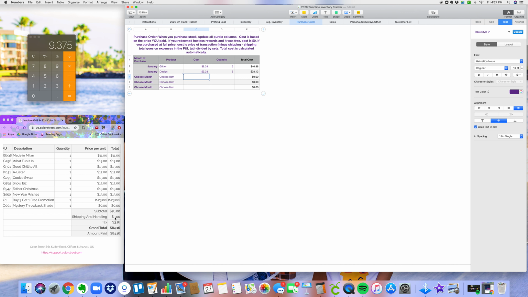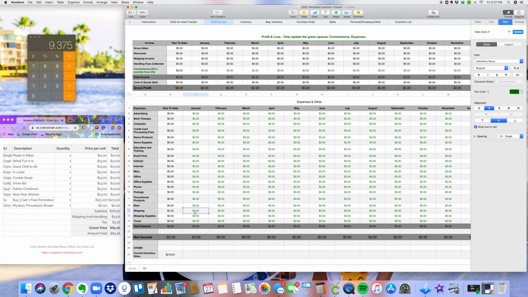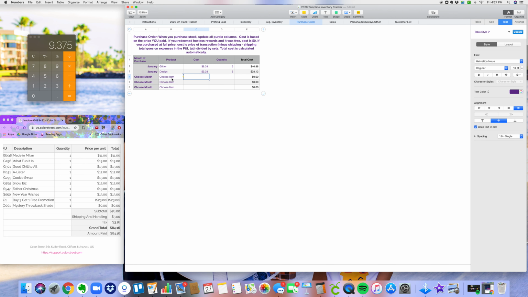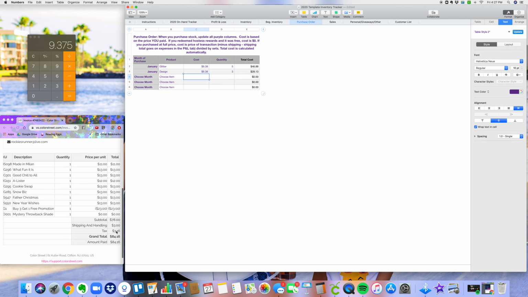The reason is this $3 in shipping goes onto your profit and loss tab right here. You're going to put in here that you paid $3 in shipping in January to Color Street. This column is your expenses. It cost you $3 to get that, so you're going to write that in here. Coming back over here to your purchase order, I paid $84.16 minus 3, I have